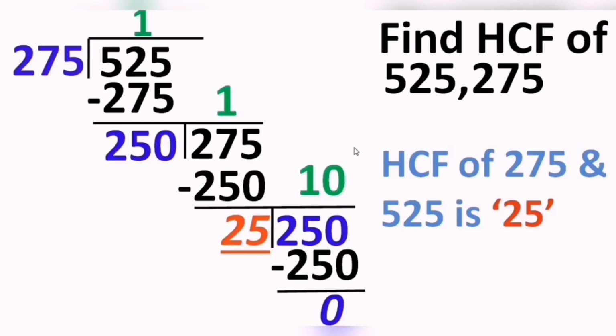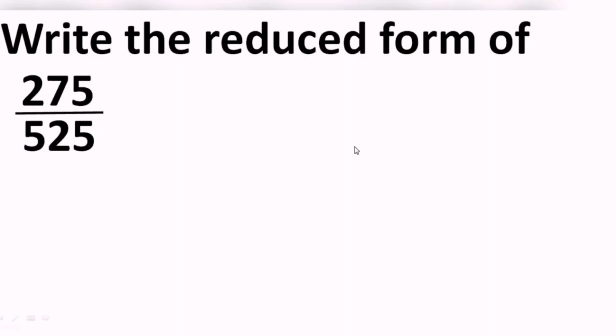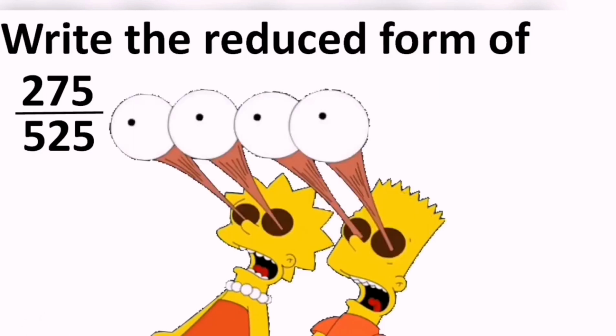Okay, now let's try one more sum. Suppose now, what is the use of this method actually, the division method? Why do we find this by division method when we know the prime factor method? Sometimes it becomes very handy to utilize this because we are asked questions like this, correct?